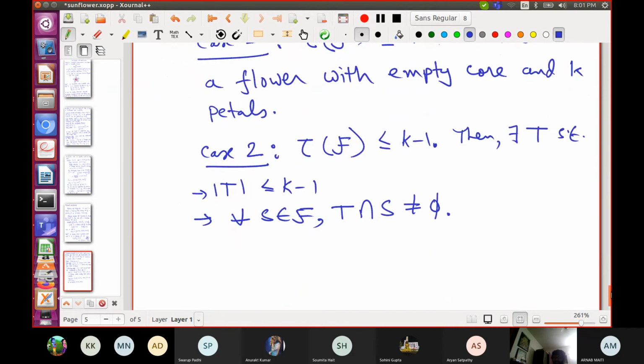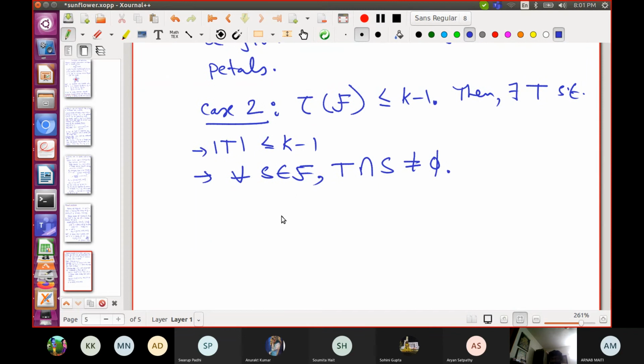Again, as I said, it's analogous. So T has at most k minus 1 elements and it intersects all sets in the family. That means every set in the family has at least one of these at most k minus 1 elements, so there is one element that appears in a lot of sets.